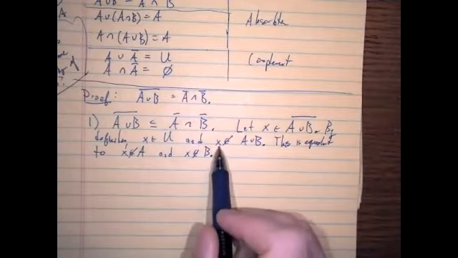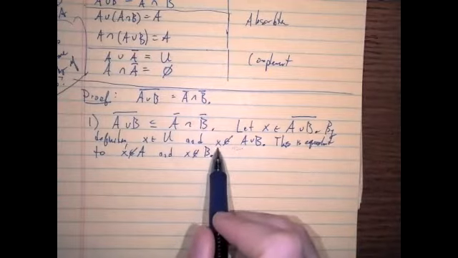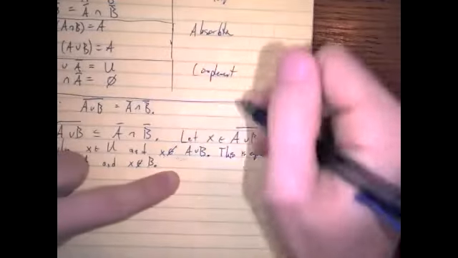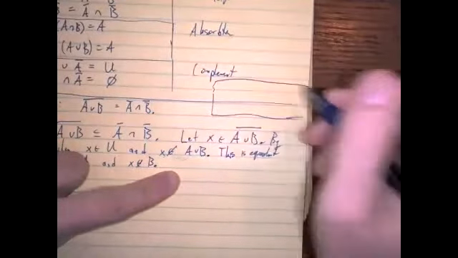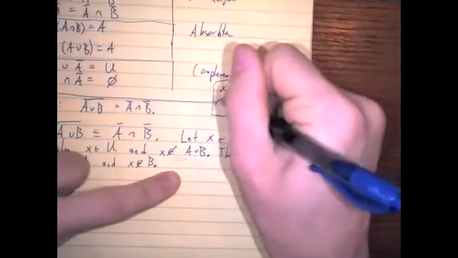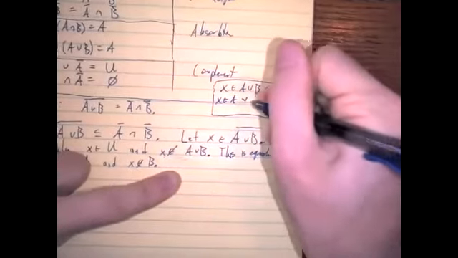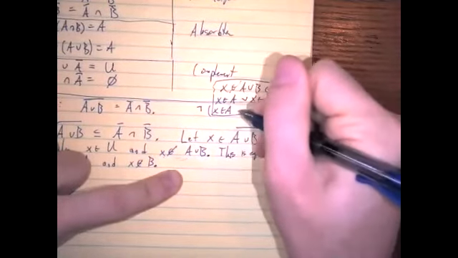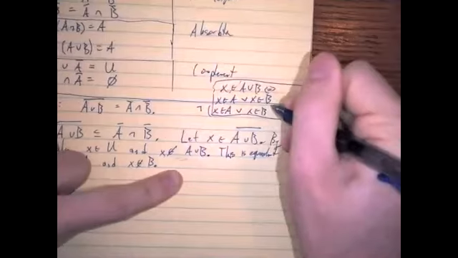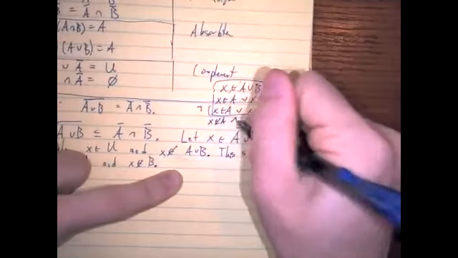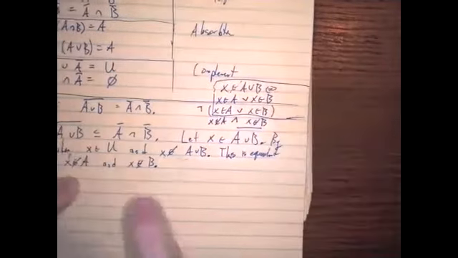If you want to break it down even further, you can write down the definition of what it means for X to be inside A and B. This is the negate here. I'll do this in kind of a side note. X in A union B is equivalent to X in A or X in B. And then being not in means I want to negate this whole statement. So I'm negating X in A or X in B. And if I negate this, this is X is not in A and X is not in B. And that's what I have written here.